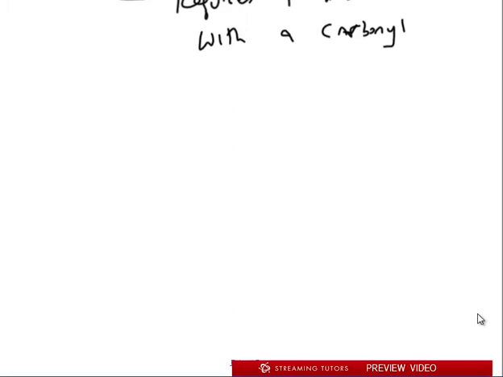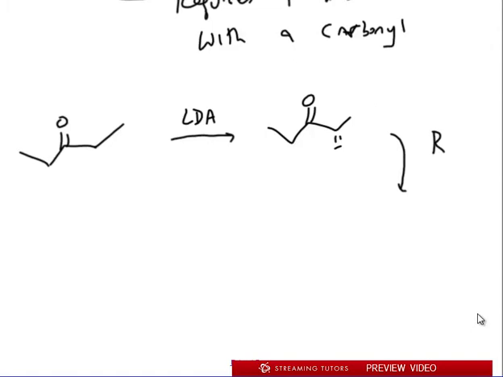Okay, so let's say we have a ketone, and let's just make it like this, something like that. And notice it's symmetrical. We'll talk about when it's not symmetrical next. So if we start by using LDA, then we're going to get our alpha anion. And now from here we can add in this RX. Now the key is R equals a methyl, a primary. It can't be secondary. It cannot be secondary. So it's methyl, primary, or allyl. Okay, never